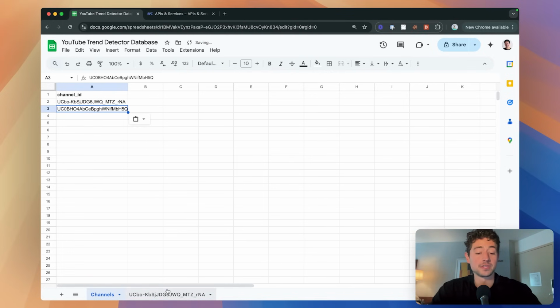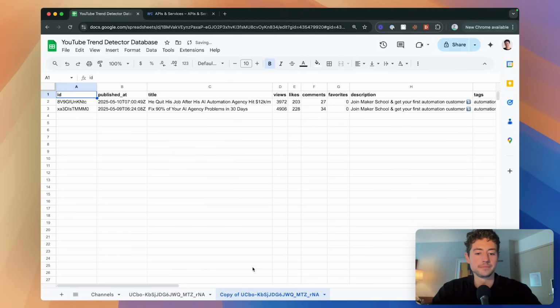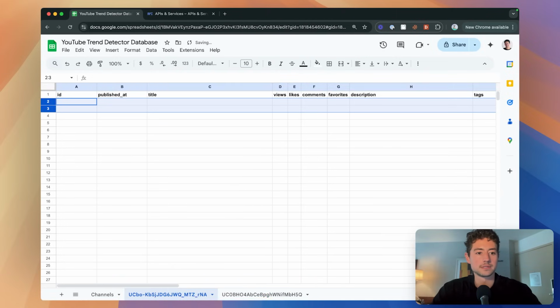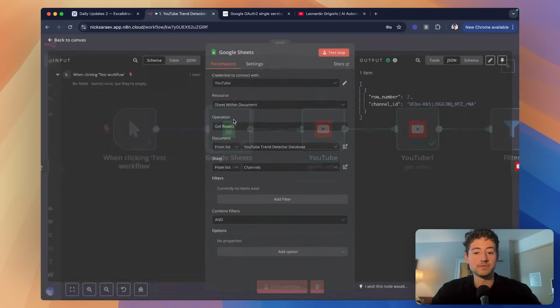Paste it in. And if you think about it, I have my SOP, right? Like for all the channels I paste in, I'm just going to duplicate this now. And I'm just going to go over here. I'm just going to paste in the new ID. And I'm just going to delete both of these. Just delete this. Now, when I rerun this, what I should do is, if you think about it logically, I